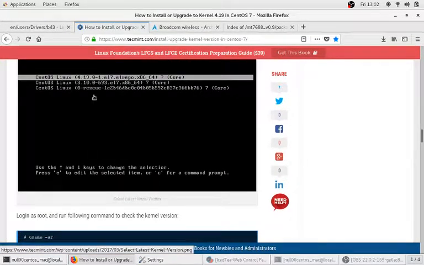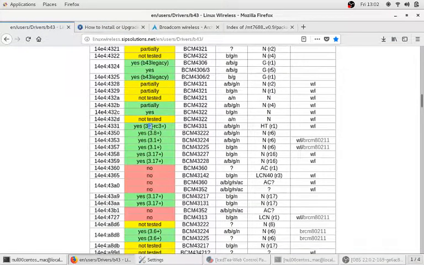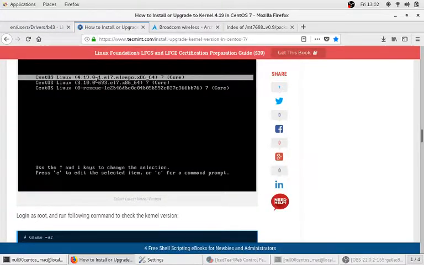And yep, this is exactly the screen that I had. I was using 3.10, which, as you can see here, was too low to support the modules that I had installed. So I upgraded to 4.19,